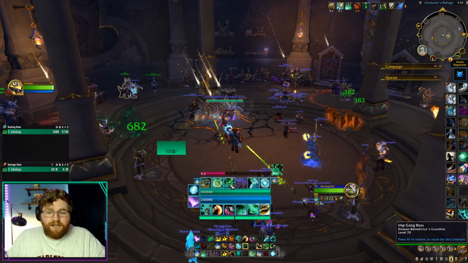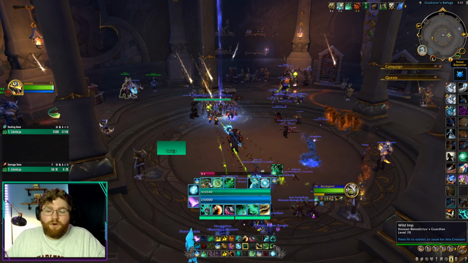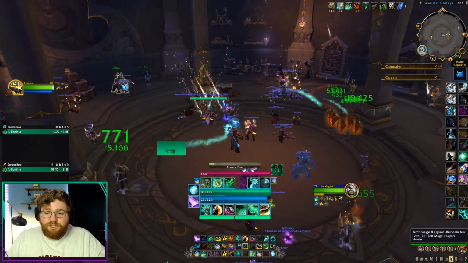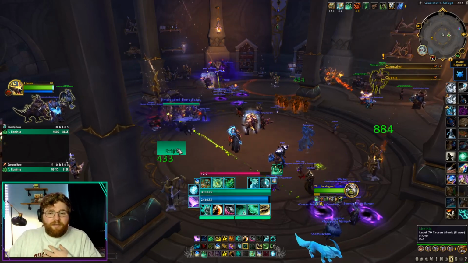Revival, our Celestial either being Yu'lon or Chi-Ji, or Shaohao's Gift, then we can just press Vivify. It's such a great amount of healing. I would recommend starting